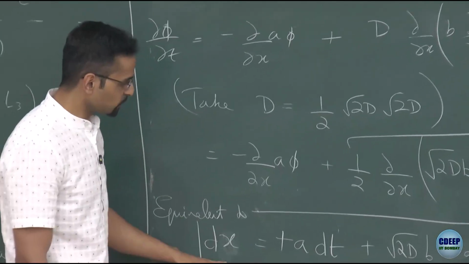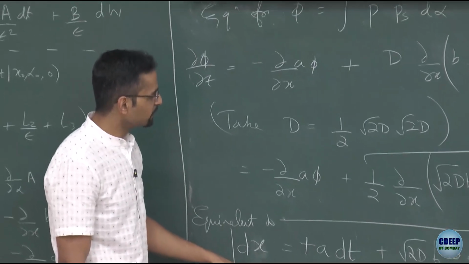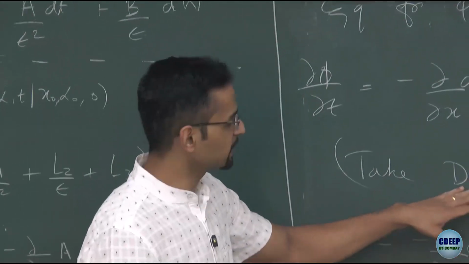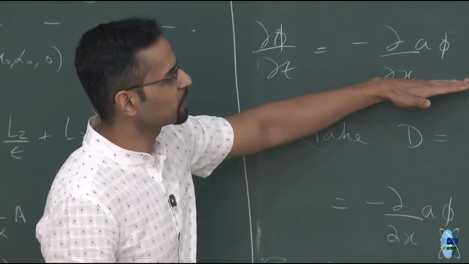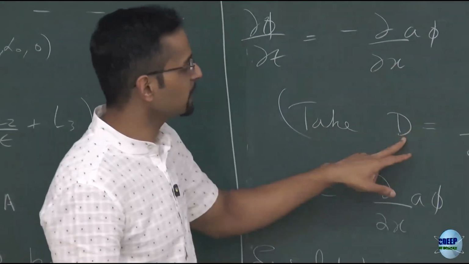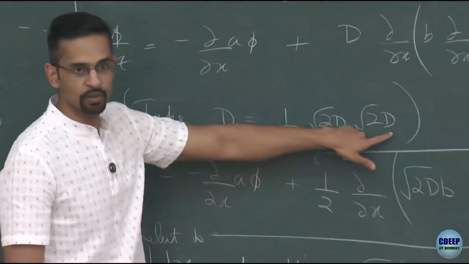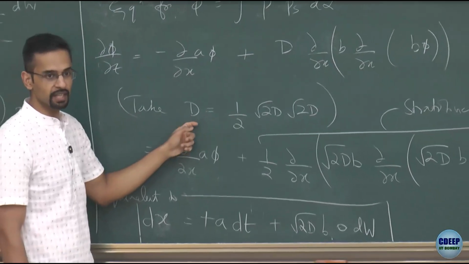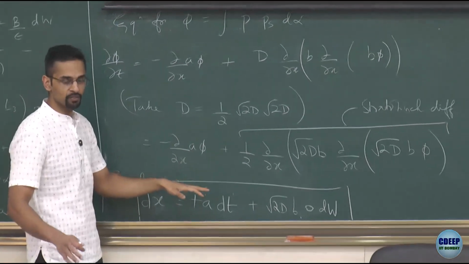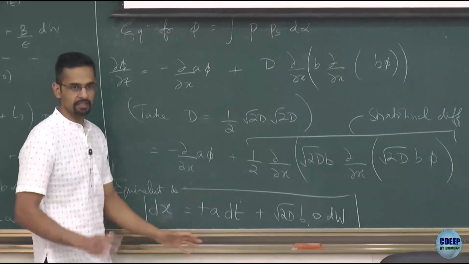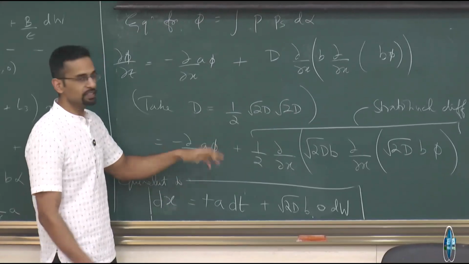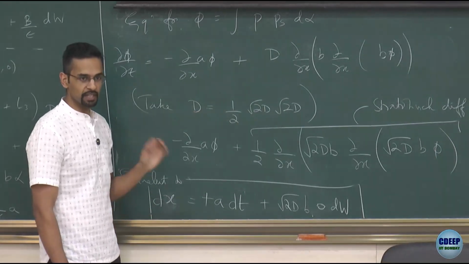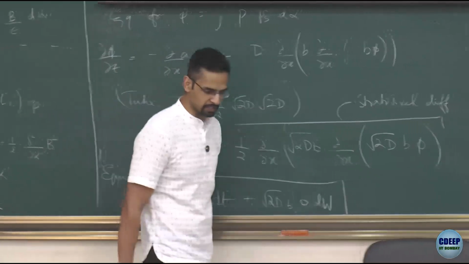proof. Okay, so we'll pause here, and in the next class, we will consider what happens when we have multiple noise dimensions, because that's why I did this, the key step at the end. Up to here, everything was fine. It was important that I could take this D and write it as a square root squared. This is immediate in one dimension because D is a scalar. But when you do multi-dimensional noise, so you have turbulence which has many length scales, then D would be a tensor, and I cannot always split it. So that's where there will be a subtlety. We'll come to that in the next class. Thank you.